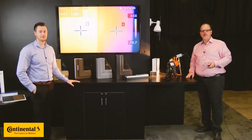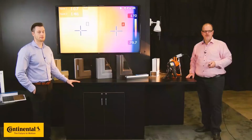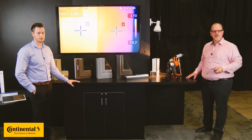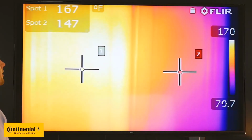As you can see now, after just a few minutes of exposure to the radiation emitted by the lamp, one of the profiles became significantly hotter than the other one. You can guess now which profile is laminated with our Cool Color Plus laminate. Of course, the cooler one, because it is Cool Color. Let's have a look at the final temperatures. We're comparing here 167 degrees Fahrenheit on the non-Cool Color laminate compared to just 147 degrees Fahrenheit of the Cool